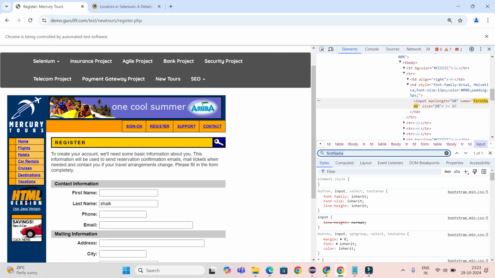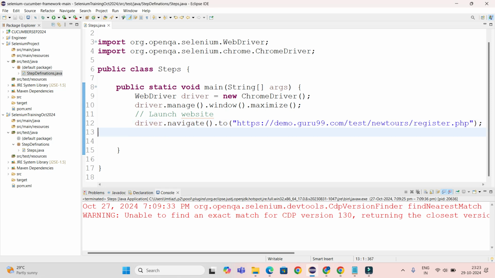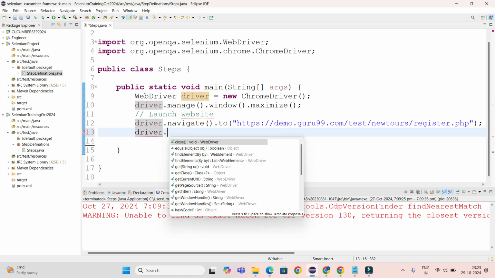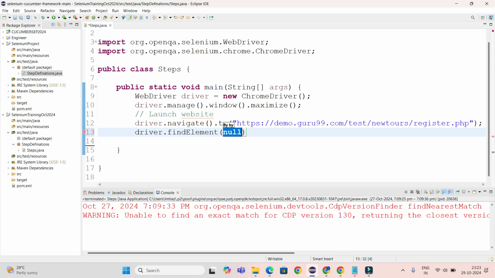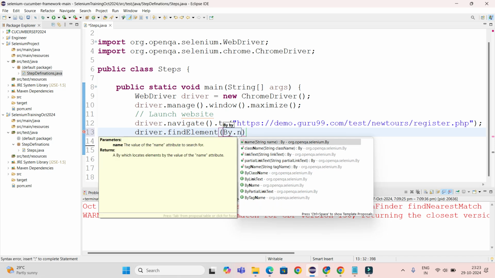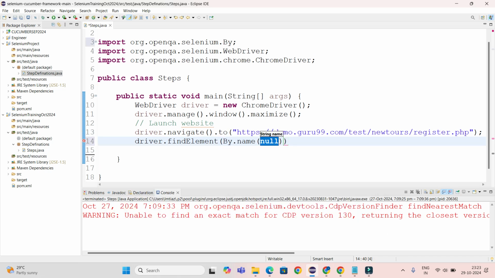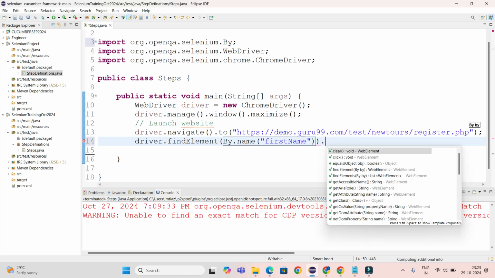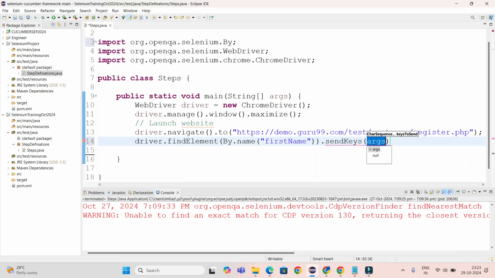Okay. Now go here: driver.findElement(By.name("...")).sendKeys("something you want to enter");